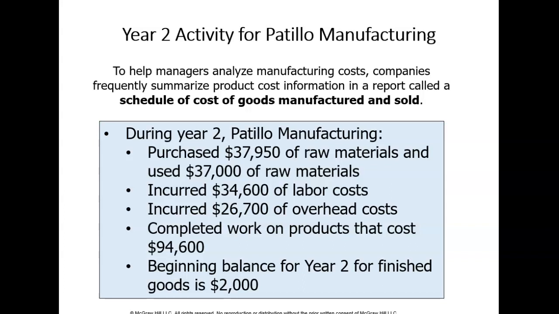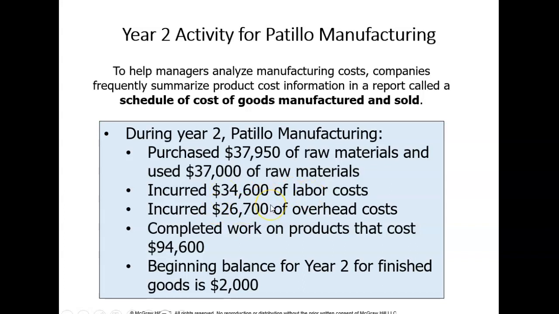We're going to use these numbers to produce what's known as a schedule of cost of goods sold. So these are our costs. We purchased raw materials for $37,950. We used raw materials at a value of $37,000. We incurred $34,600 of labor costs,